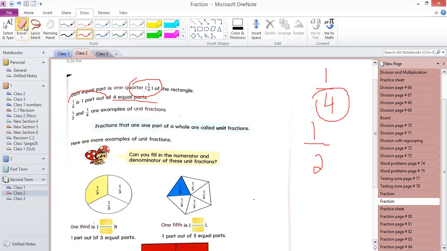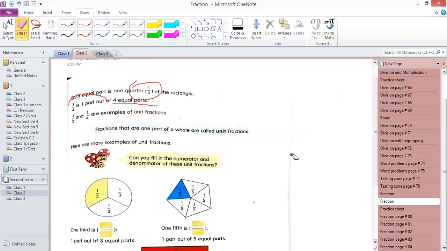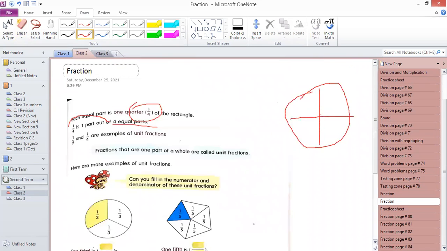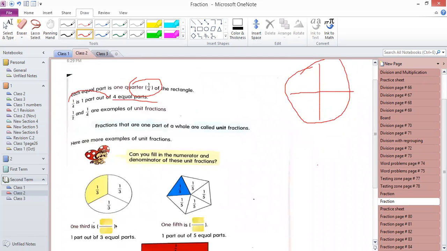Okay. Now, guys, I would like to tell you about unit fraction and non-unit fraction. What is unit fraction and what is non-unit fraction, guys? Anything that has a 1 in the numerator will be a unit fraction. Like there are 4 equal parts, out of 4, if you are interested in only 1 part, the fraction will be 1/4. So this is a unit fraction.